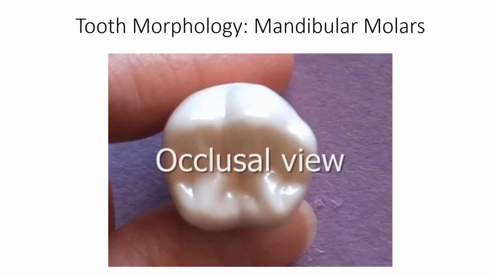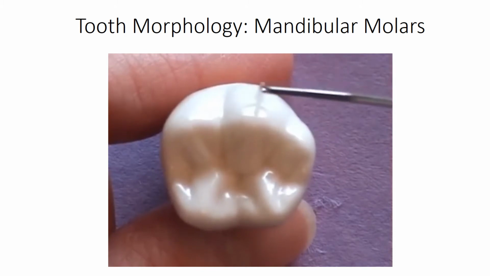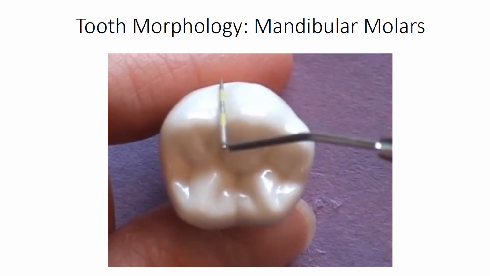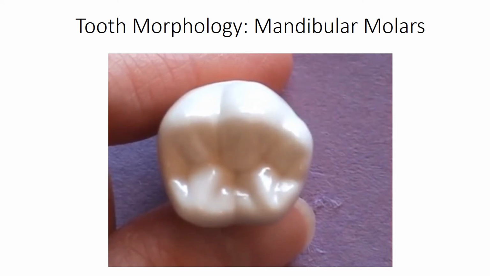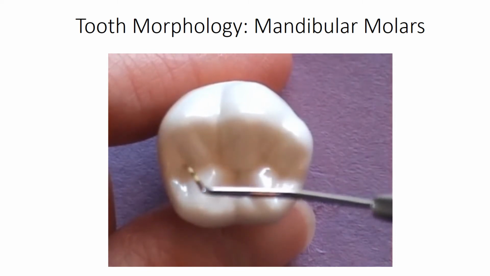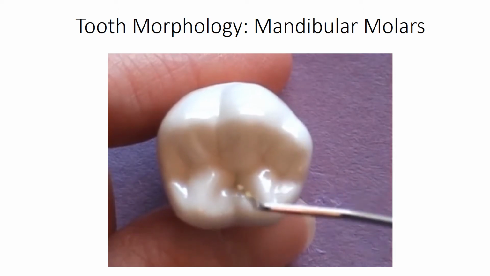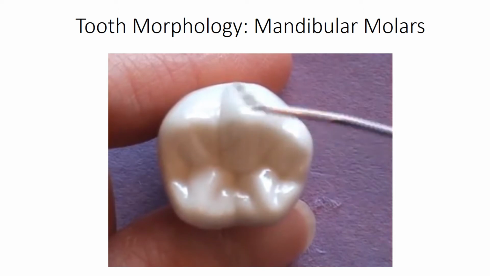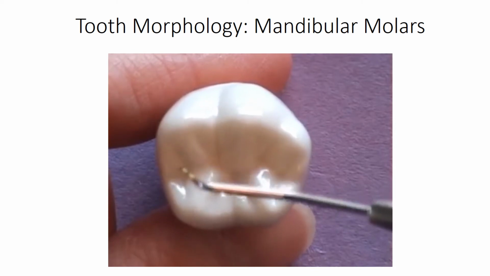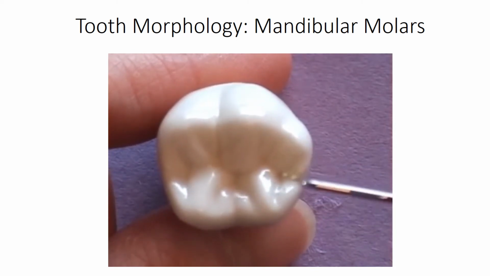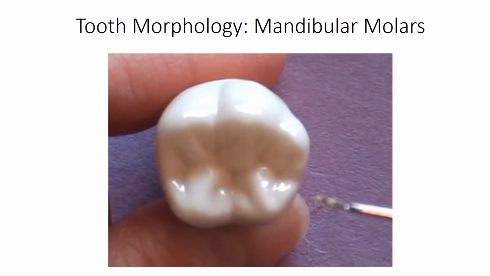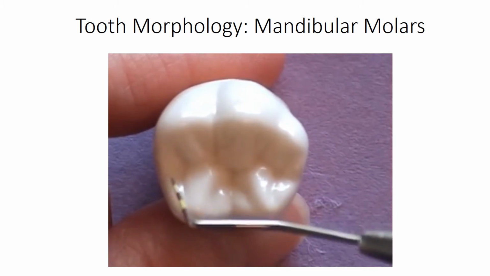From the occlusal view, the labial outline, the buccal ridge, the mesiobuccal groove, the distal buccal groove. This is the central groove. The groove makes a Y-shaped pattern. This is the lingual groove, mesiobuccal groove, distal buccal groove. There's a mesial triangular fossa and a distal triangular fossa. The distal marginal ridge, the mesial marginal ridge,